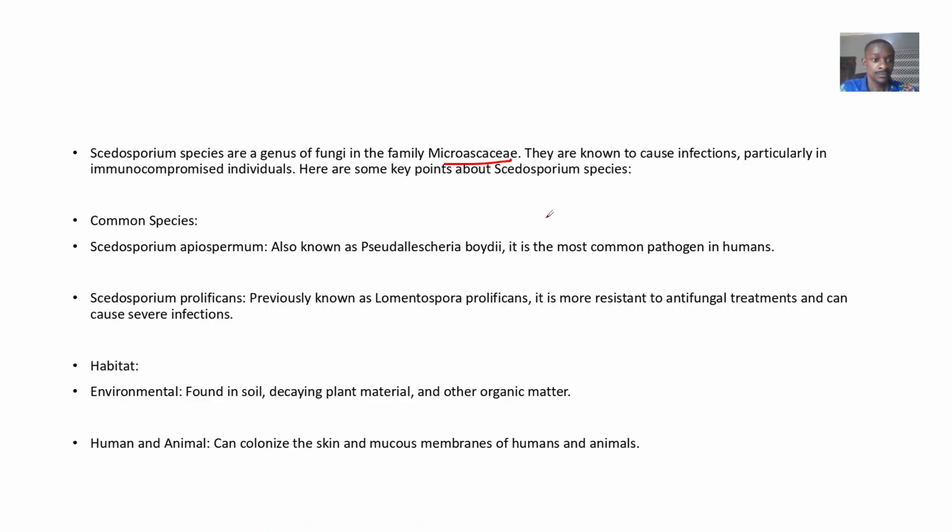You understand? So common species of this Scedosporium: we have Scedosporium apiospermum, also known as Pseudallescheria boydii. It's actually the most common pathogen in humans. Then we have Scedosporium prolificans, which was also known as